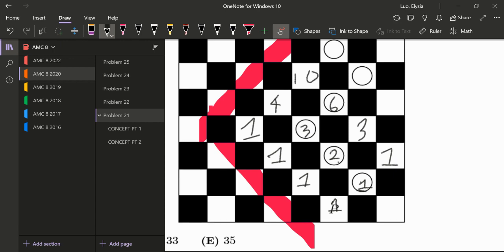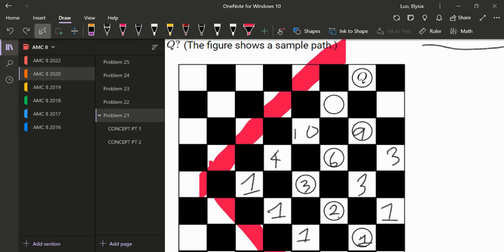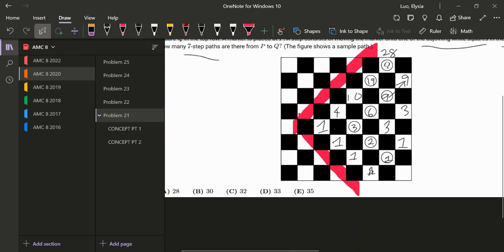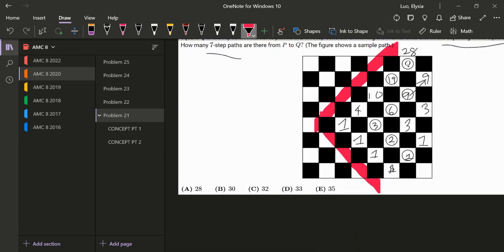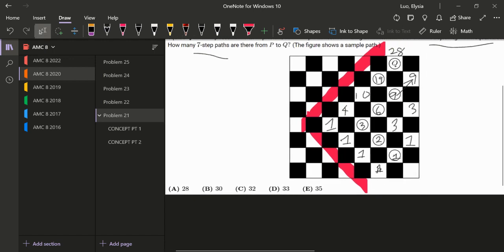This would be 10. This would be 3 again, because the only way you can get to here is like that. This would be 9. Let me scroll up a bit. This would be 19. This would be 9 again. And this is 28. Now, is 28 an option as an answer? Yes, it is. It is option A,